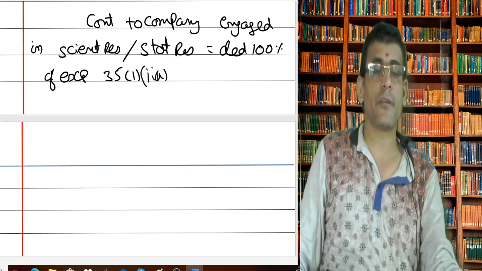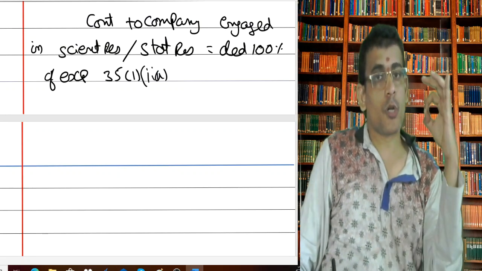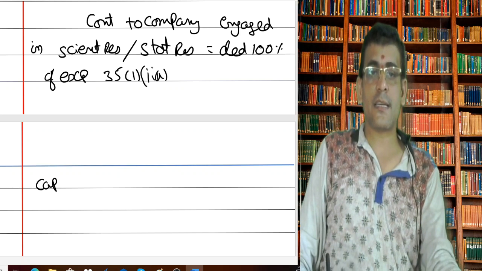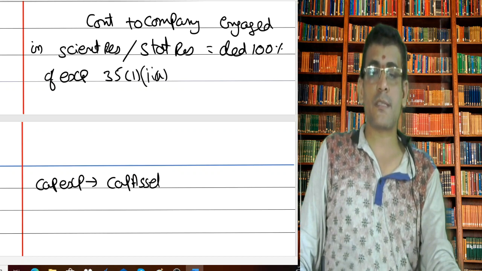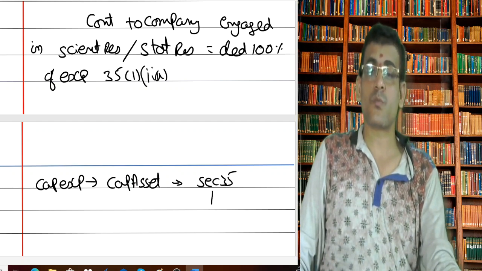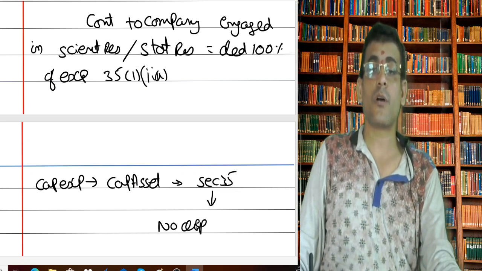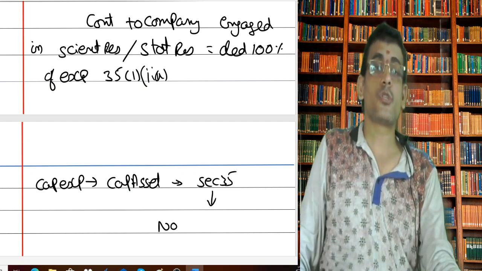And one important thing we need to understand. If you take the benefit of section 35, you should not take the benefit of other deductions. Suppose there is a capital expenditure incurred. You had purchased a capital asset. When you purchase a capital asset, section 35 is applicable. If you take the benefit of section 35, other sections are not applicable, such as depreciation. You cannot take any sort of depreciation on the asset which is used for scientific research.